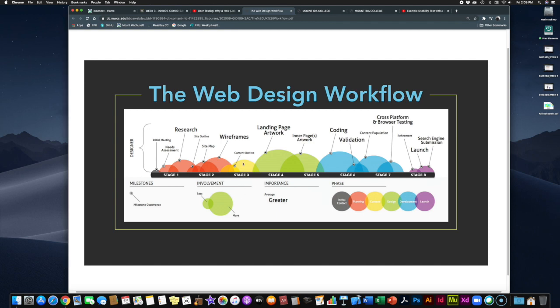This is where the designers and the content writers would make a more in-depth outline as to what's actually going to be on the website in terms of writing and photography and graphics and pretty much everything that has to be in there from a content point of view, okay? Then you move into the green stage here, and this is where we start getting into the visual design of